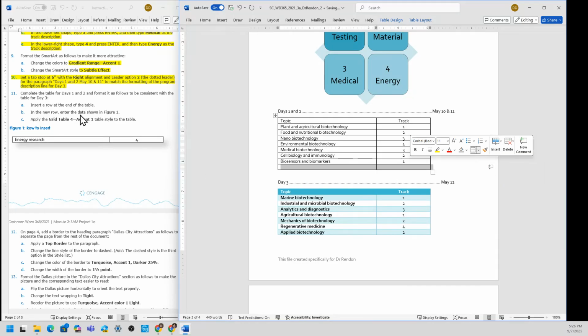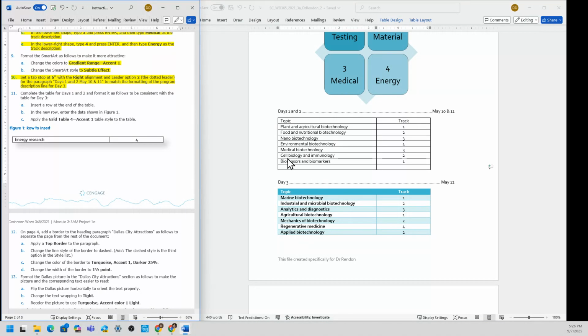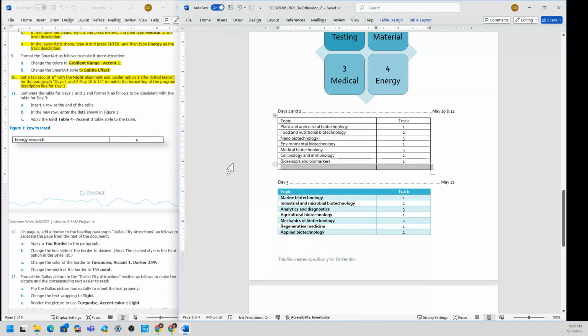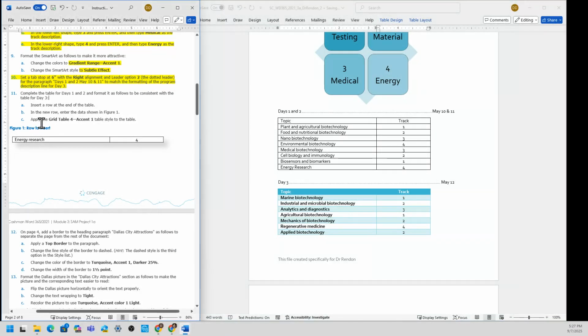Okay, and then at the new row, we're going to copy this one here, enter the words energy research, and then this one is 4. Okay, so step 11 is done.